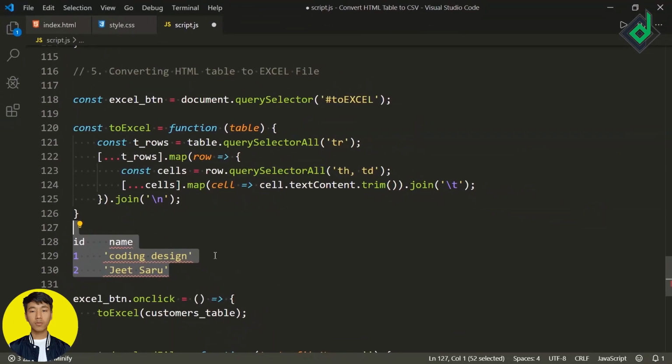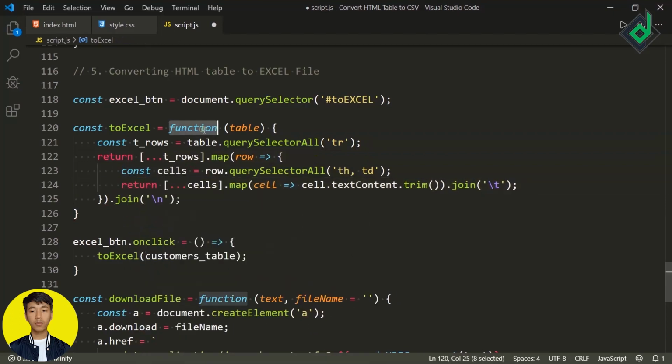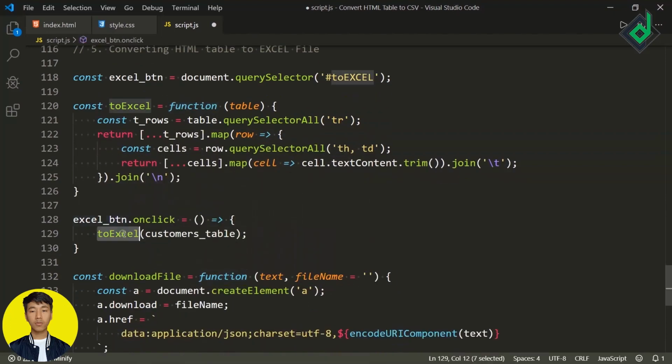Now you can remove that code. That was just for demo. Now we need to return all this code. So for that I'm giving return for that table row as well as the table sales. Okay. And now when you click that Excel button, at the time, as you can see, we have called there toExcel function. So when you call that Excel function, we are returning some value, that is the tables heading as well as the tables data value.